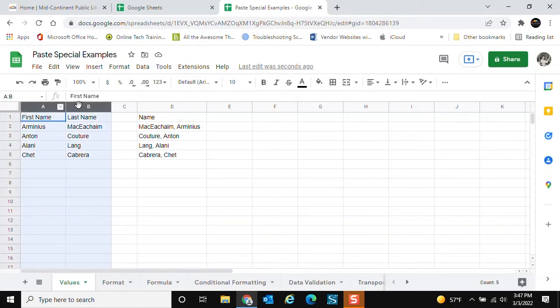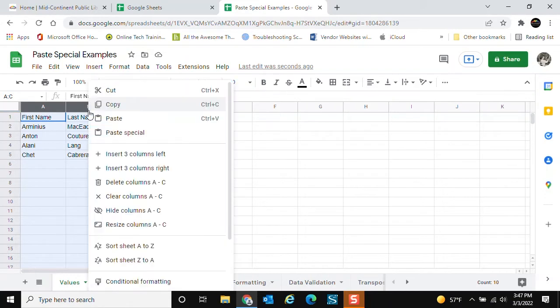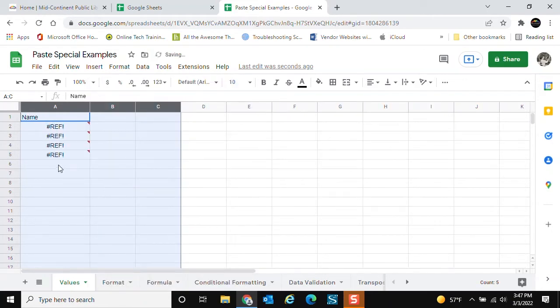And let me in fact select A, B, and C. Let me do a right click. And we're going to delete columns A through C. And now my names have disappeared because they can't refer to anything. The cells that the formulas were looking at to get their information have now been deleted. So not only have I deleted redundant information, but I've also deleted kind of the good stuff, the names that I wanted to keep. So let's undo,